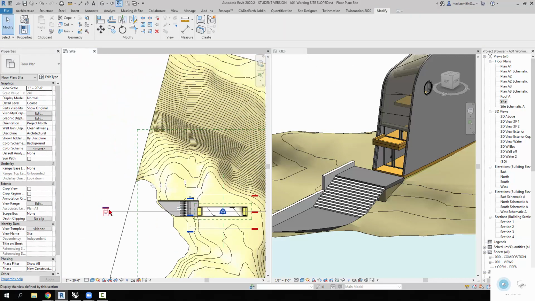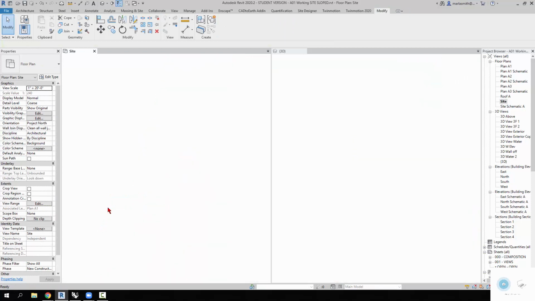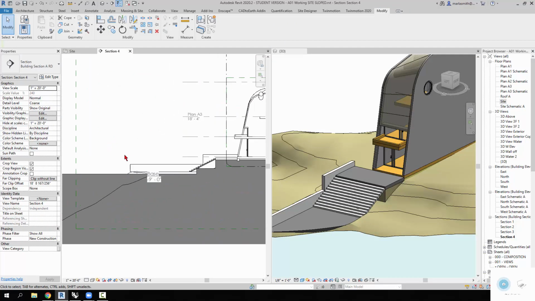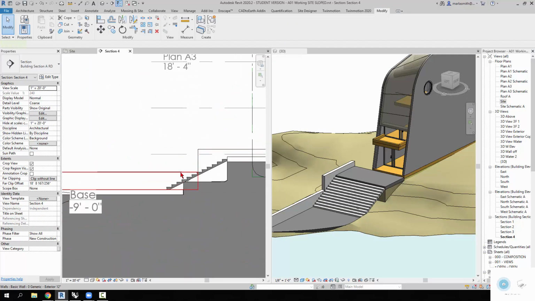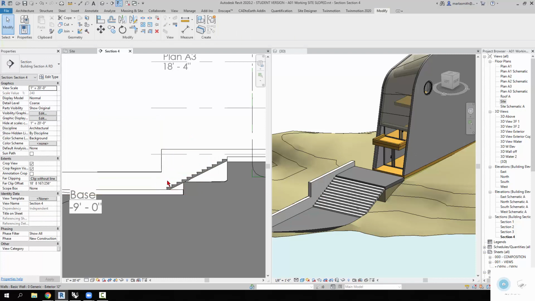And I just want to make sure that this section is looking towards those walls. If it's not, you can pick it and sort of flip it back and forth. It is not actually going far enough to see the wall, so I'm just going to pull it out, right, so it encompasses the wall. And I'm going to double click, and I'm going to zoom in, and what I want to do is take this wall and sort of move it to here, right, and they're joined together,